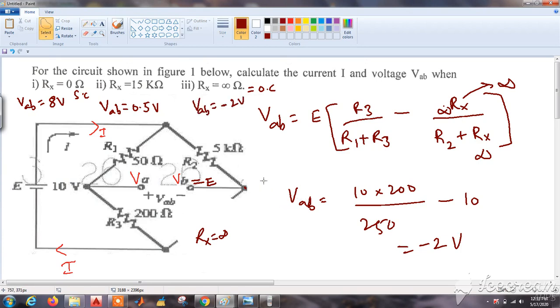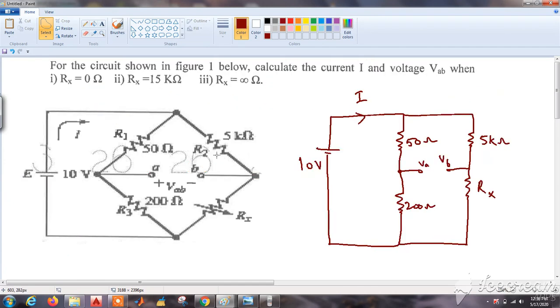Now that we have calculated VAB for all the three cases, let us calculate the current I flowing in the circuit as shown here by red. Coming back to our circuit, we know that this circuit can be equivalent to this circuit. Now we can remove this VA and VB and VAB because it's just like an open circuit, because only the voltage source is present. It is not connected with any wire or resistances. So it is just like an open circuit. So we will not consider this while calculating the current. So we can remove this,